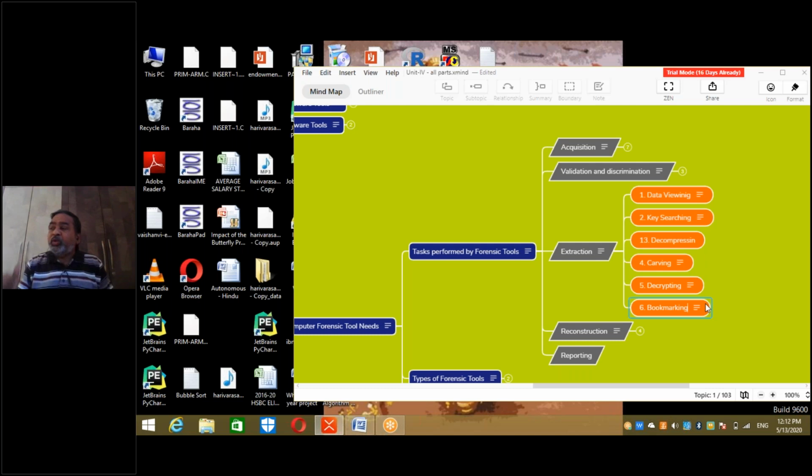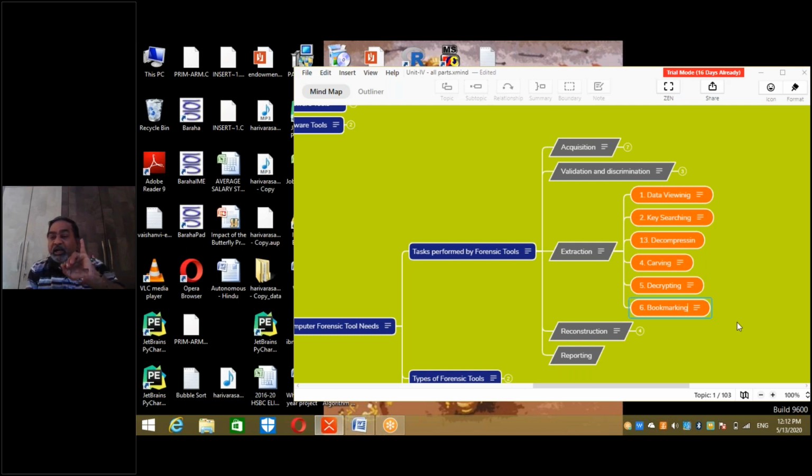Then bookmark those data streams which you want to highlight when your documentation is done, so that the relevance of that particular data stream is established very well in the context of the case. So extraction has 6 activities.